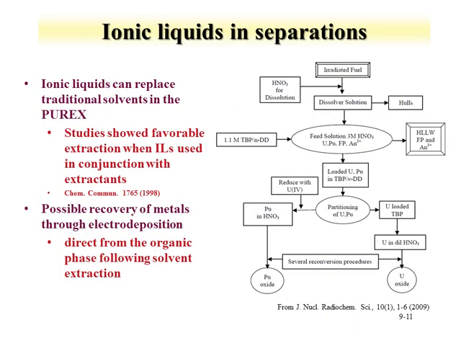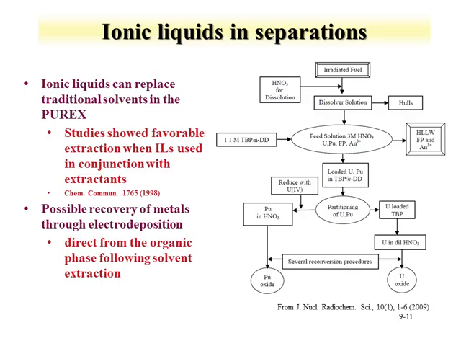Ionic liquids have been proposed as part of the nuclear fuel cycle. Shown here, ionic liquids can replace traditional solvents in the Purex process. As we mentioned earlier, ionic liquids have low vapor pressure. One can put ligands, such as tributyl phosphate, into the ionic liquid, then use this as a means of achieving a separation where the organic solvent phase is the ionic liquid. And one can also extend this, in that you can possibly recover metal ions from a separation that uses ionic